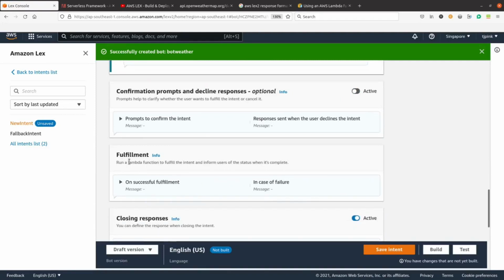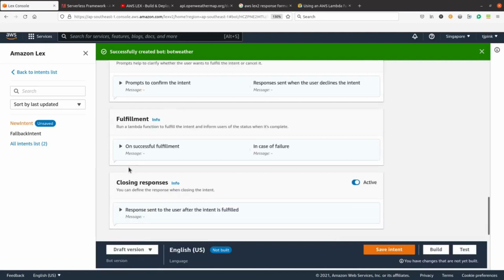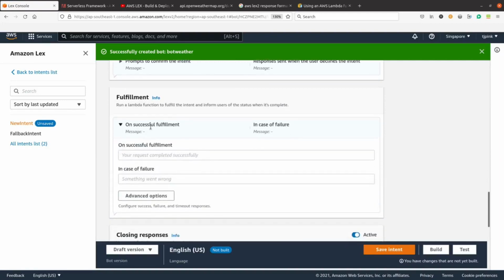Okay, so under the fulfillment means that all the questions or the required parameters or the required information from the user has been gathered, and then I return back the final response to the user, and then we'll stop the intent. So for this case, on successful fulfillment,